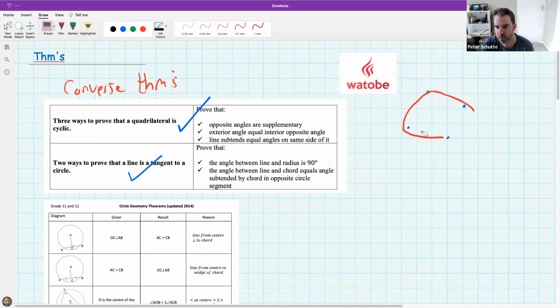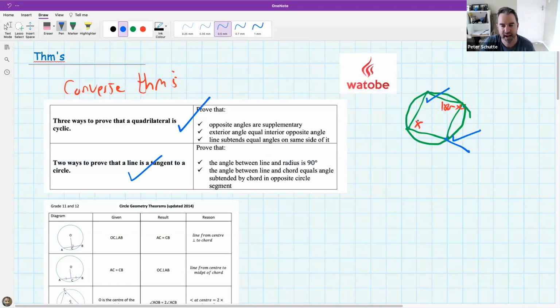Okay, that's not a very good drawing. But basically, if it's a cyclic quad, we will be able to fit a circle through it, but it doesn't mean we have to visually see it. What we check is if something is a cyclic quad, then the opposite angles will be supplementary. The other way of checking is if we have an exterior angle equal to an interior opposite angle. And then the third way to prove something is a cyclic quad is to show